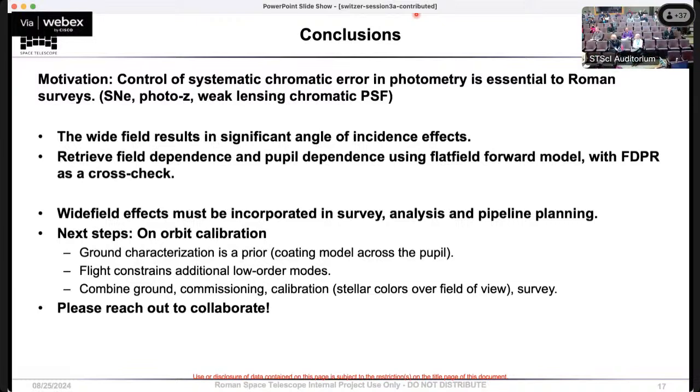Sean, you think those mics? Really great talk, Eric. You didn't talk a lot about the 213 filter and the red edge of that. I know it's hard to calibrate. Do you have any concerns about the wavelength variation on that compared to everything else?